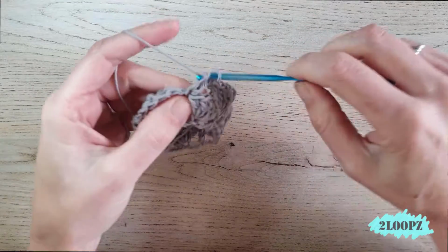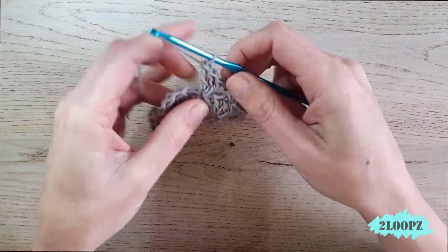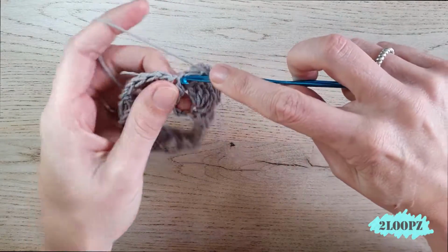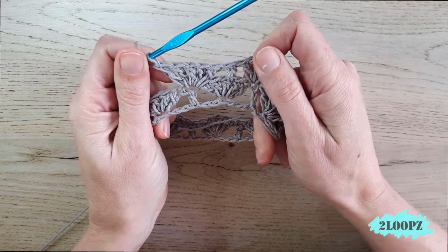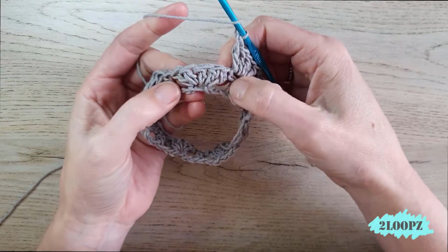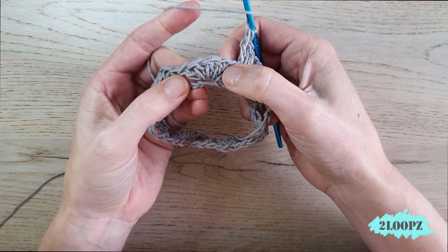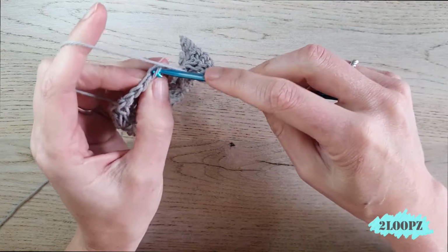1, 2, 3, 4, and 5. And now yarn over and make 1 double crochet in the middle of the shell, in the double crochet in the middle. So 1, 2, 3. In this stitch we make 1 double crochet,